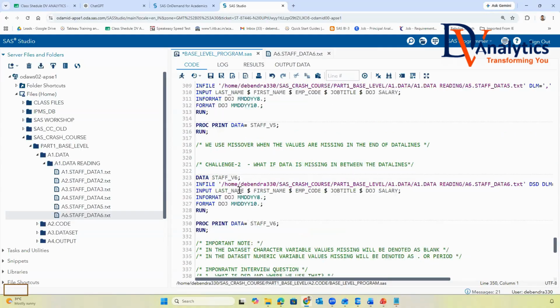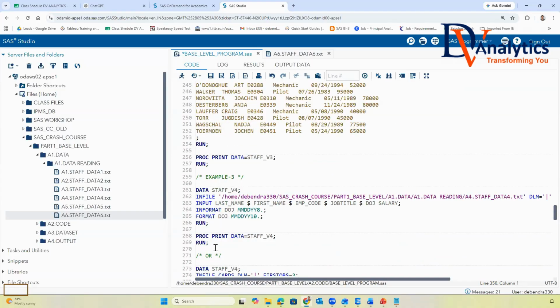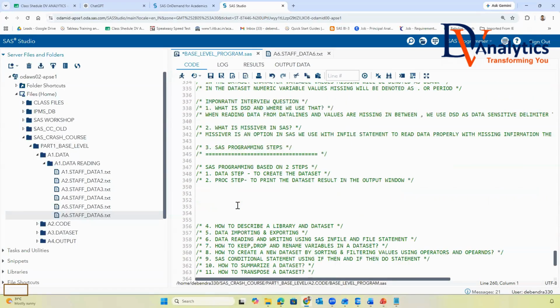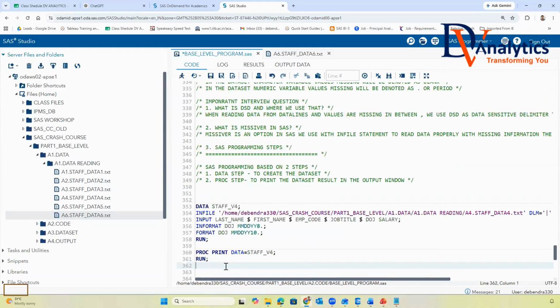Okay, so what does it mean? When we write a program like this, let's say this is staff, this is called the data step.